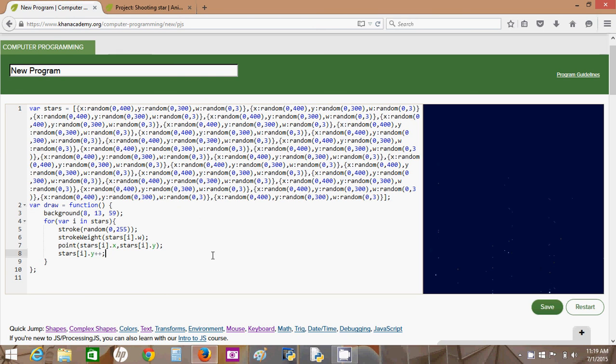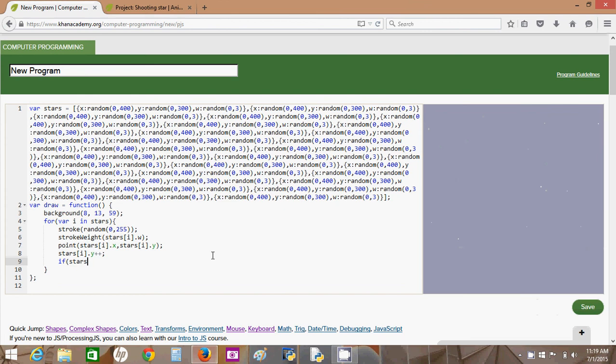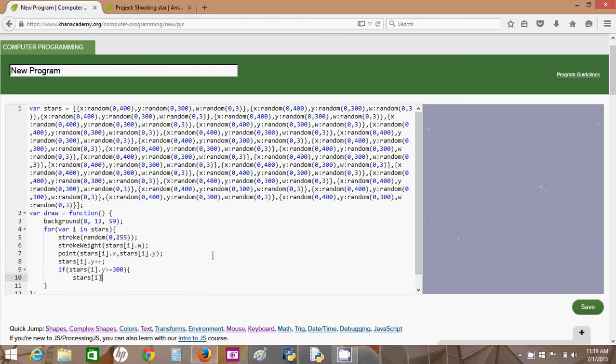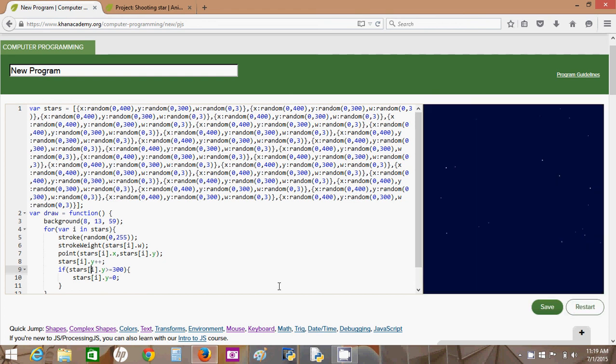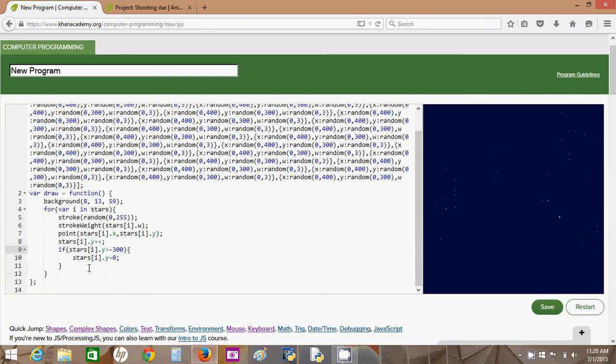Now I'm going to have a conditional that says if stars i.y greater than or equal to 300, so now it's kind of given the effect of something rotating. Not exactly right now, but